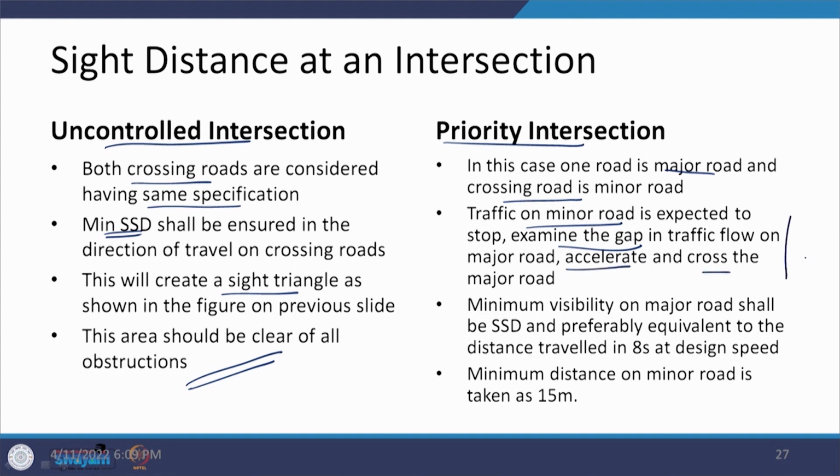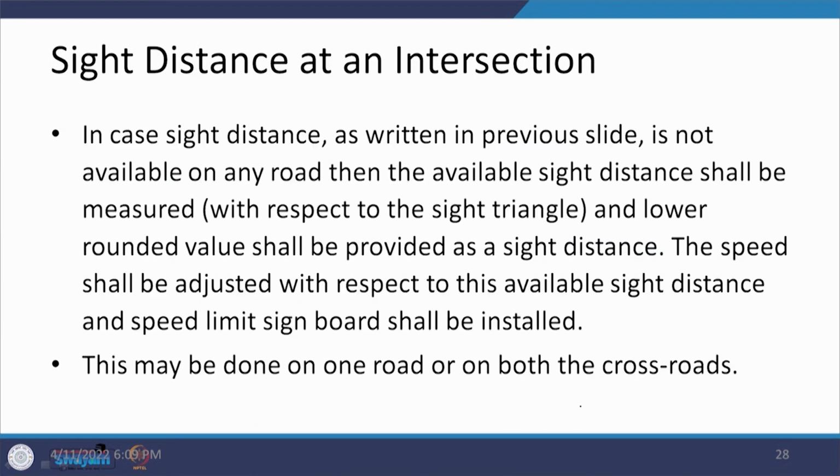So, this is taking, as I said, 8 seconds, and in this 8 seconds the vehicle on the major road is going to move, but the distance travelled in these 8 seconds cannot be less than SSD. So, we have to calculate these two things, and the minimum distance on the minor road is taken as 15 meters. But there are going to be some cases where these things are not available and the obstructions are there,